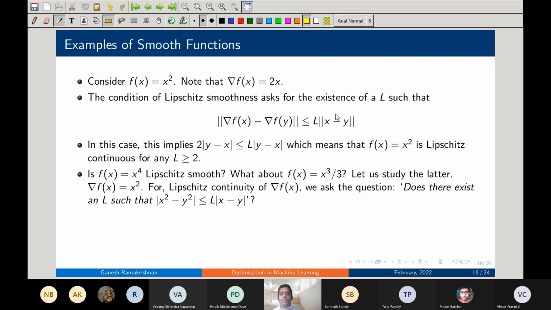So let's consider the case of f(x) equals x cubed by 3, where we'll have to constrain the domain. If you look at the Hessian,